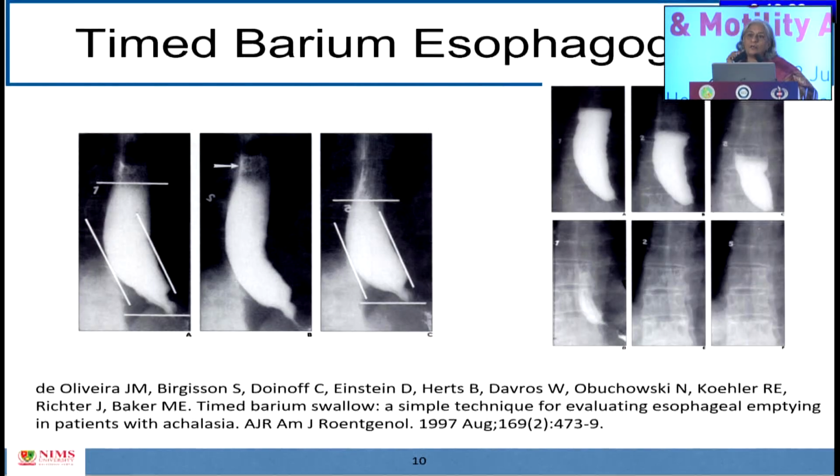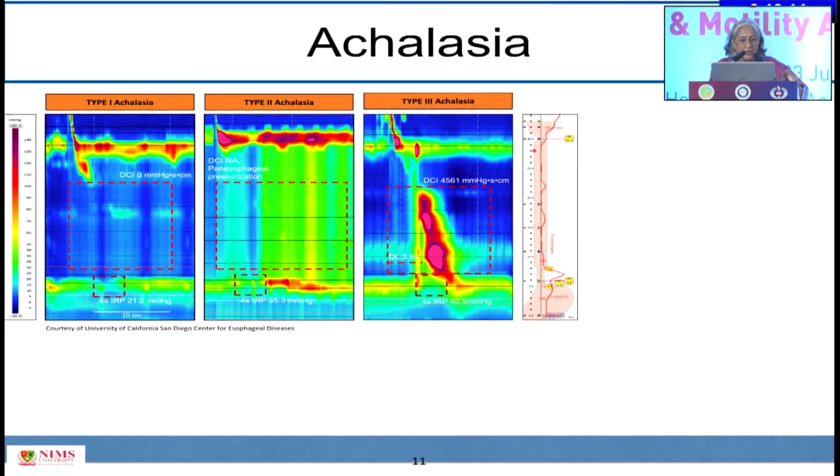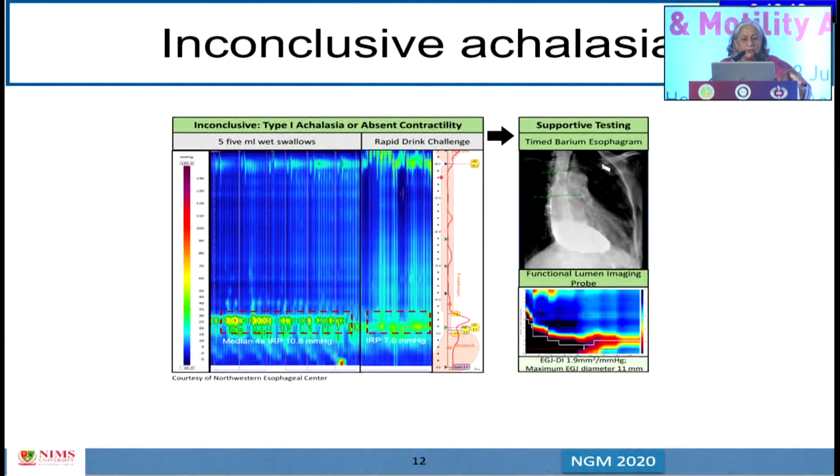Look at the barium level at 0, 1, and 5 minutes. And if at 5 minutes you still find that there is barium in the esophagus, it means that there is a significant obstruction. And even in the presence of a normal IRP, you will still diagnose it as achalasia in a given situation. So in a patient with inconclusive achalasia, I said first, do a barium, do a rapid drink